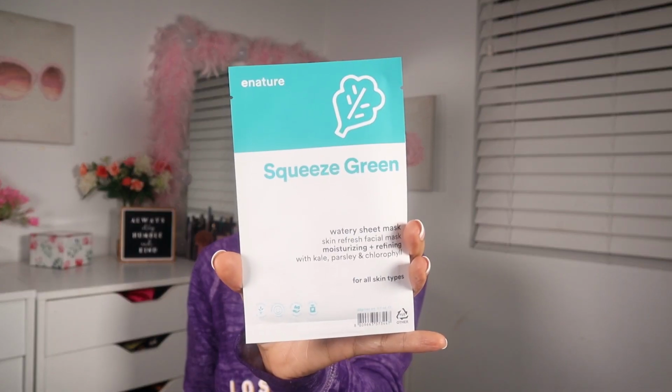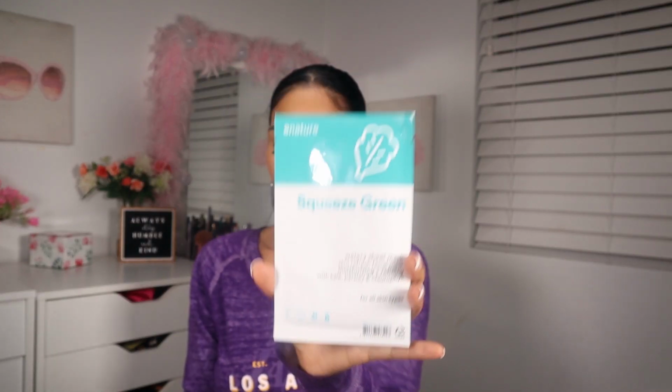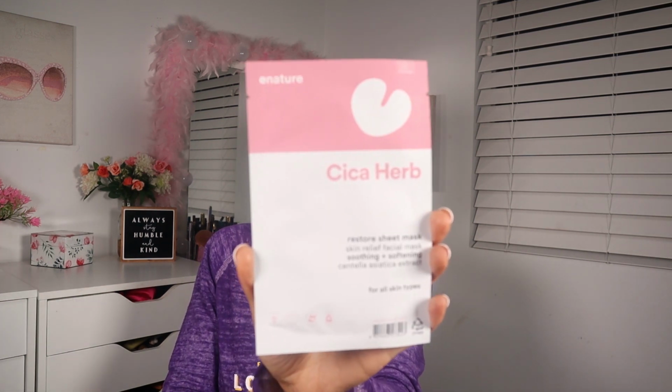And then there are two facial masks from the brand E-Nature and their sheet mask. There is a watery sheet mask, which is the Squeeze Green, which is a moisturizing and refining mask. And there is, I think you say Sika Herb, and that's a Restore Sheet Mask for skin relief. It's soothing and softening. So that was the Glam Bag, and now I'm going to show you guys what's in